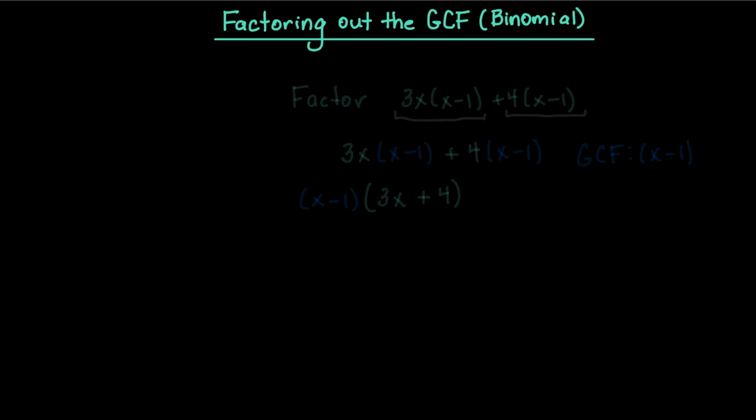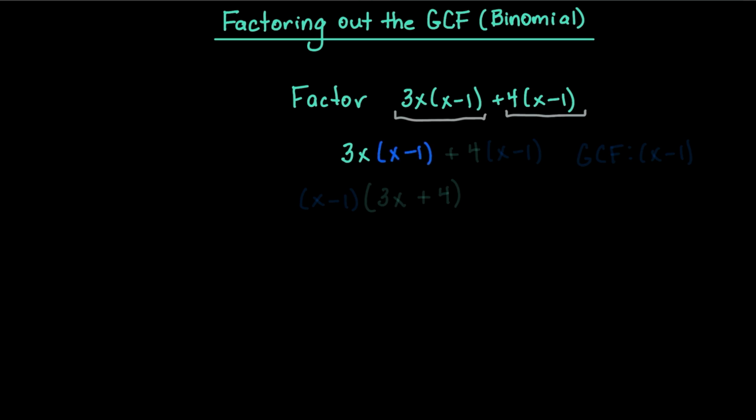Okay, let's say we're asked to factor the expression 3x times the quantity x minus 1 plus 4 times the quantity x minus 1. Okay. We remind ourselves in this expression, this is our first term and this is our second term. So I'm going to rewrite so we can see our GCF